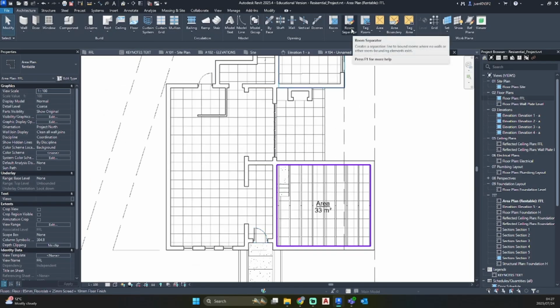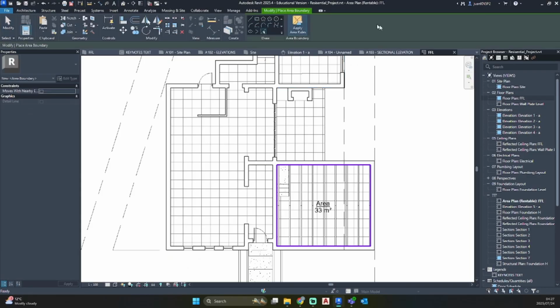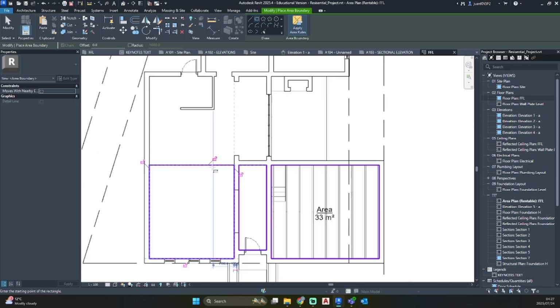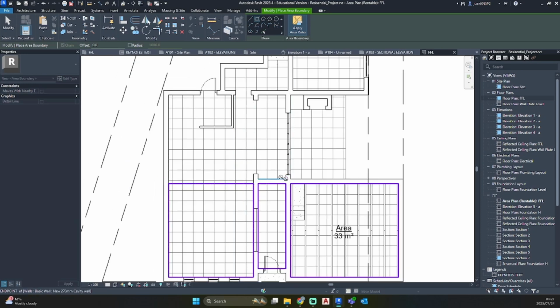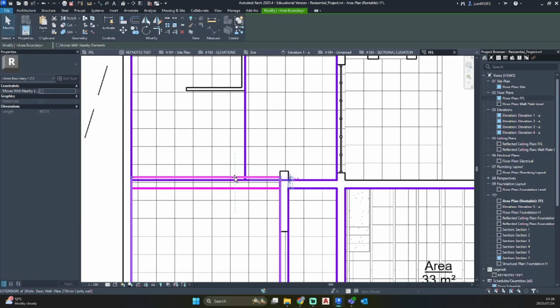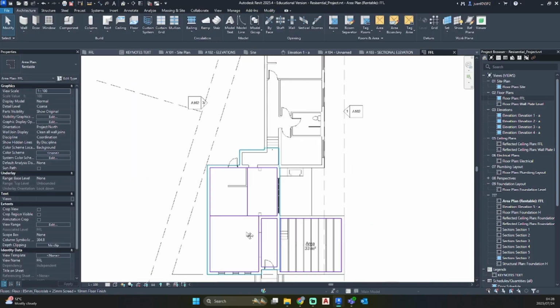I'm going to use my area boundary with the rectangle tool just as an example to show how this would be used. So that my lounge, I'm going to take it to there as my dining, my kitchen. So then I'm just going to move this up.